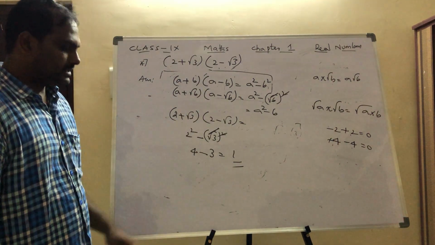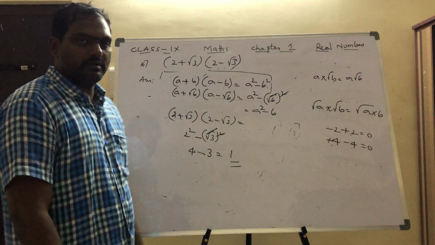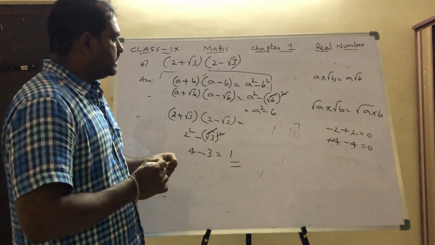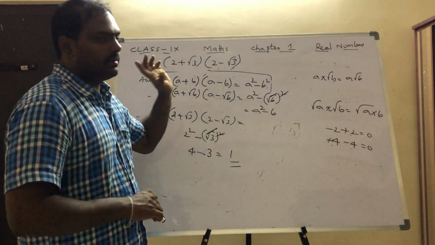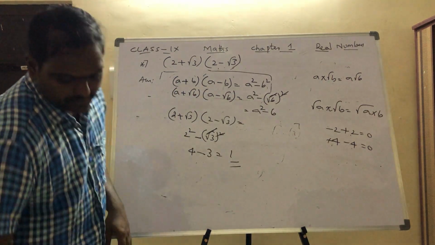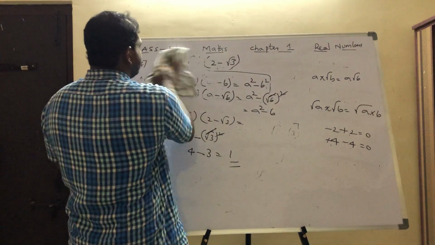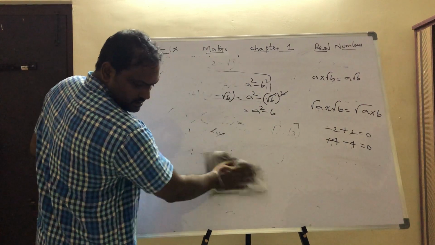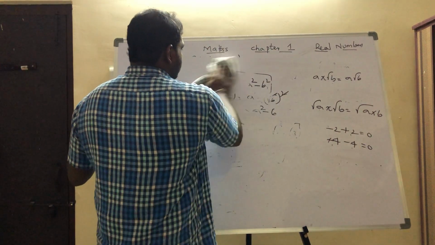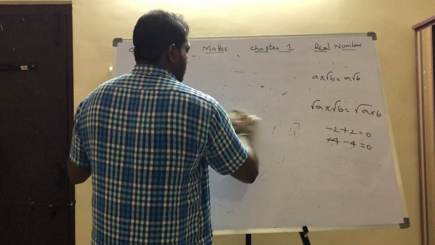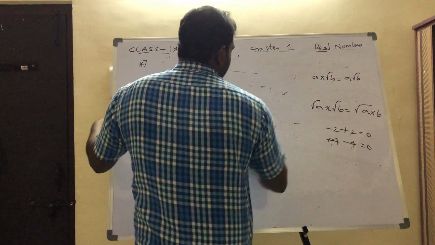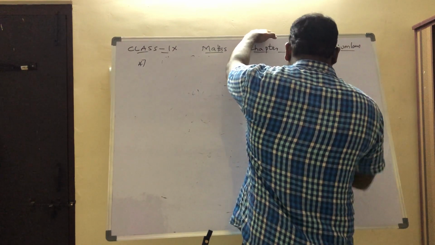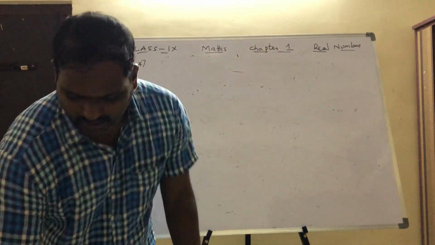So both are the same steps. You can do it in any one of the methods, your wish. The first one is somewhat a little bit longer. This one is easy when you know the formula correctly. Okay. Next, I will go for the third sum. So what is the third sum? Example number 16, question number 3.